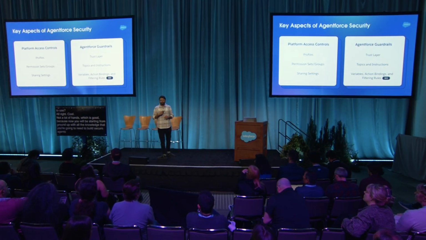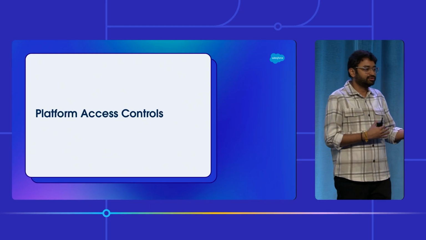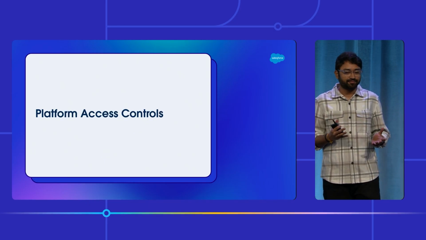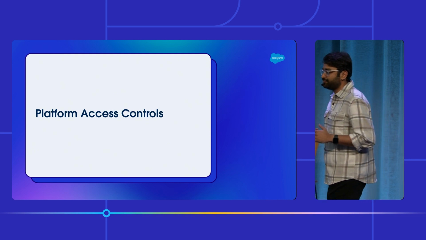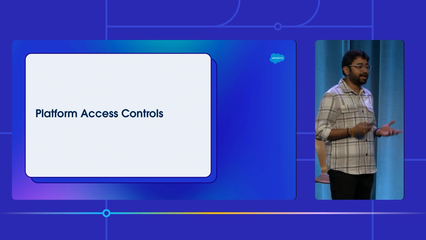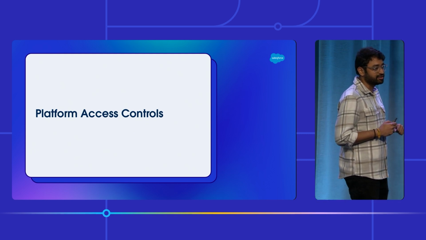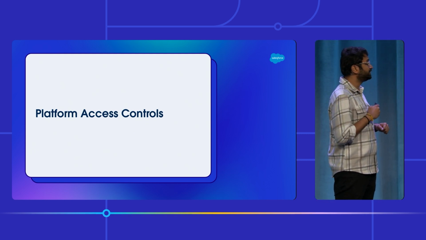So let's start off with the most basic ones that most of you should already be familiar with, which is platform access controls. And if you're working with Salesforce, you know that any access control is defined based on the user context. Who's the running user, and what permissions do they have? Now, when it comes to Agentforce, who's the running user? Who's the agent running as? And to whom should you be giving the permissions? So that's the first question that you should be answering. And for that,